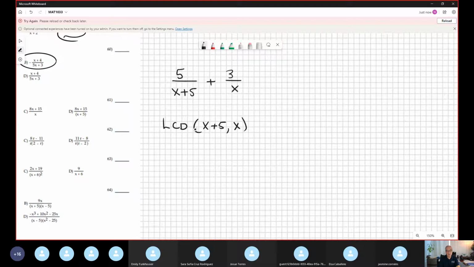Well, you consider x plus 5 like one factor, like one package, like one whole binomial, of course, and x is a monomial, but it doesn't matter. So both are algebraic expressions. In this case, it is the combination of both. They have no common factor, because x plus 5 is one guy completely different from x. So it's x times x plus 5. This idea clear or no? This is completely one factor, and this is another factor. In this case, it's different. You take both,